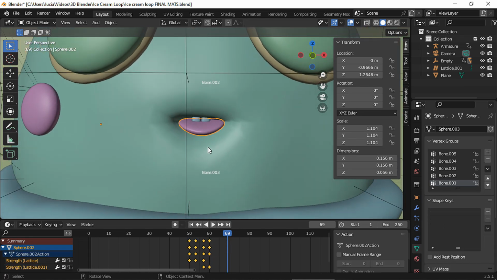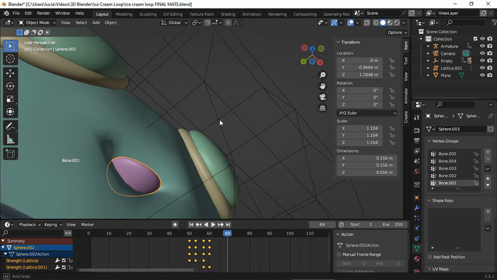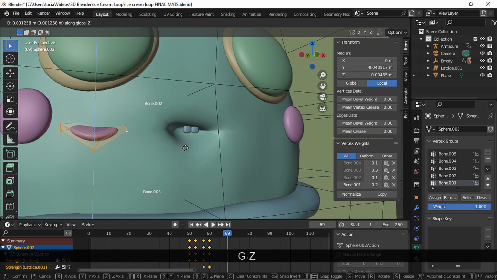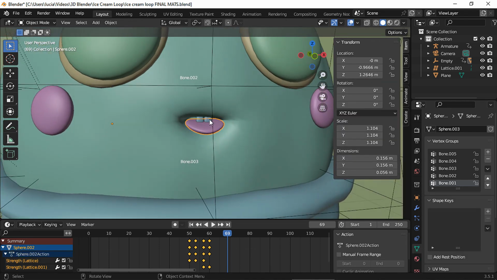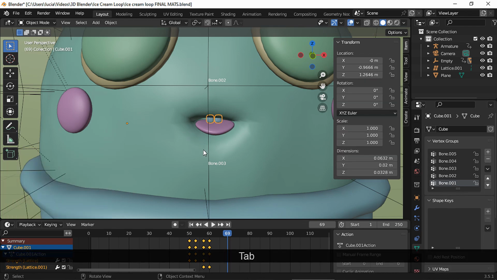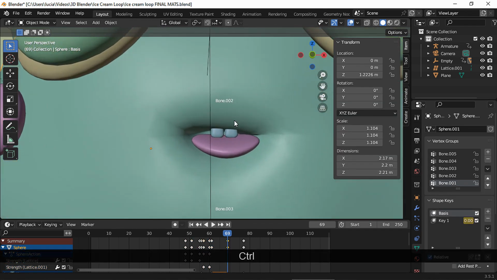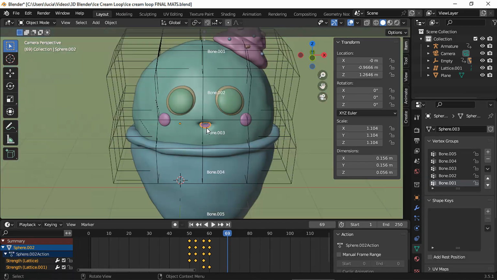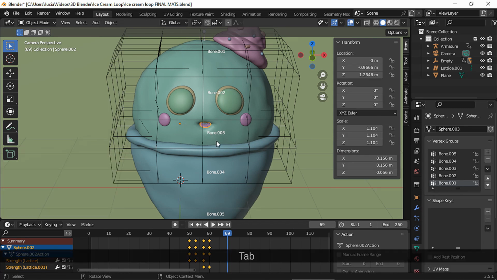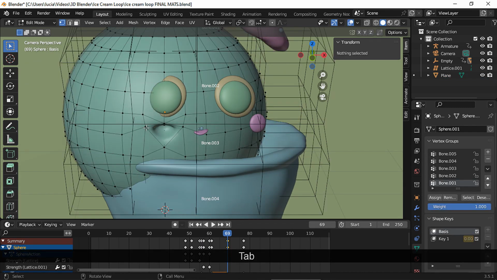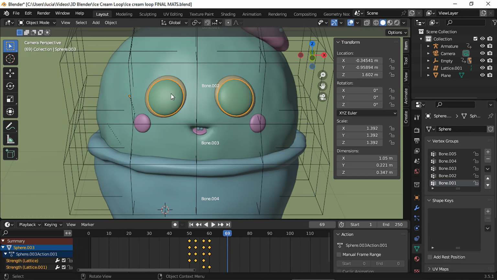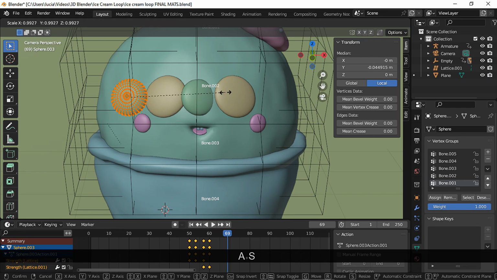And again I moved the teeth and the tongue a little bit. And then I chose to move these two vertices up so the mouth looked a bit more like a smile. And finally, I scaled the pupils down a bit.